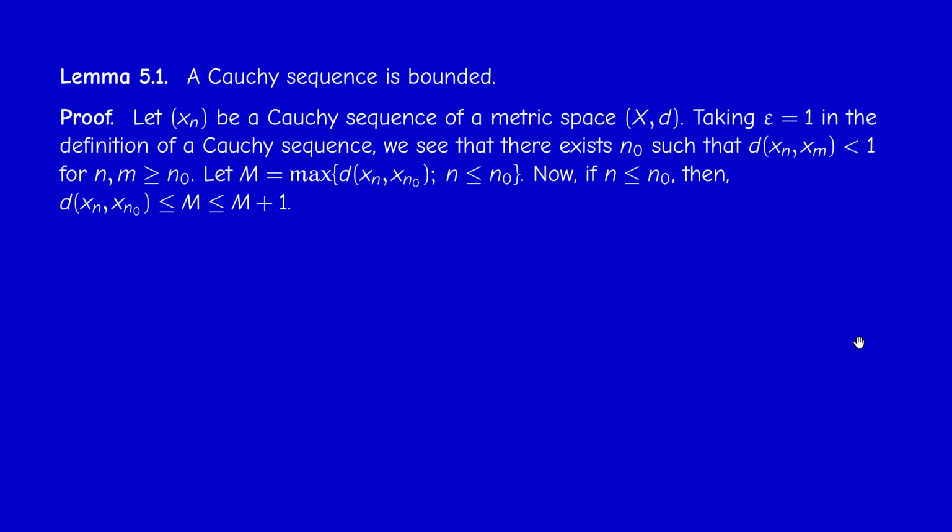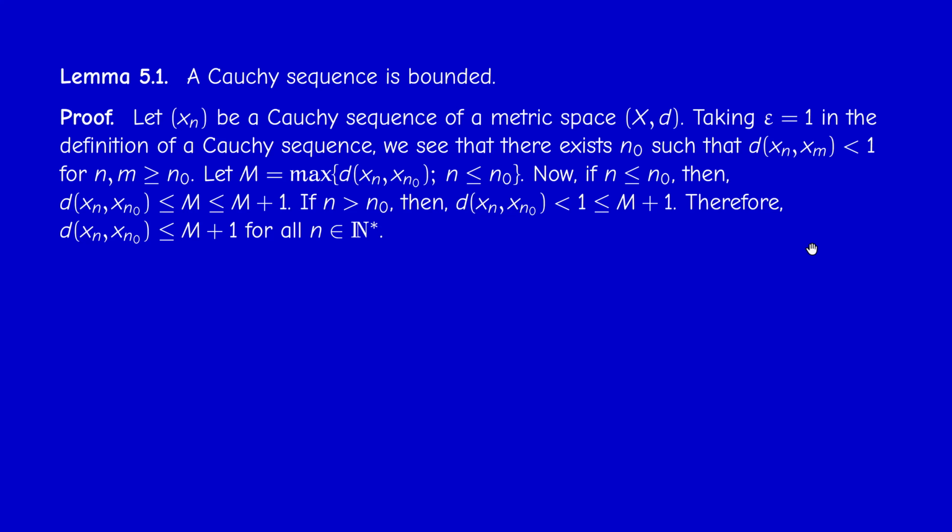Now, we distinguish between two cases: n less or equal than n0, and n bigger or equal than n0. If n is less or equal than n0, then by definition, the distance between xn and xn0 is less than the maximum. So it's less than m, and so it's less than m plus 1. However, if n is bigger than n0, then according to our choice of n0, the distance between xn and xn0 is less than 1, and this is less or equal than m plus 1. So in all cases, the distance between xn and xn0 is less or equal than a constant m plus 1